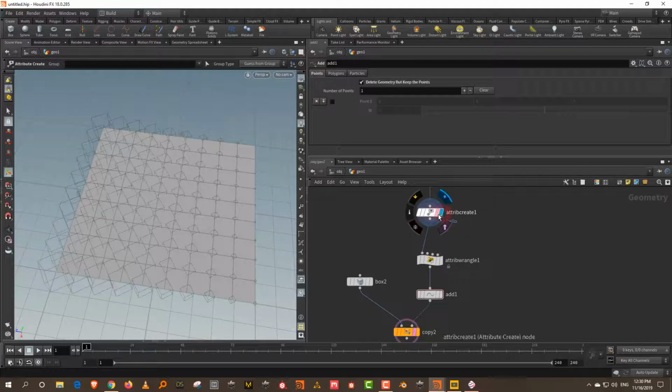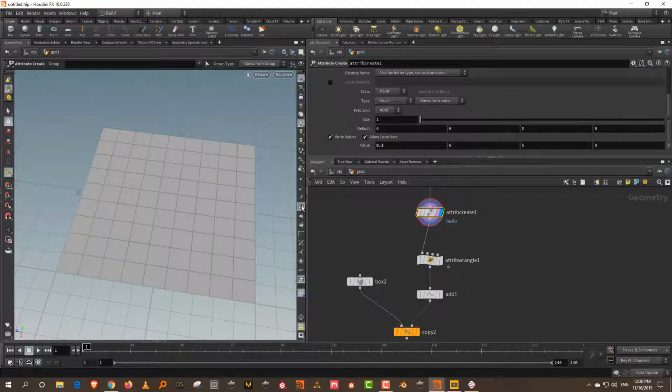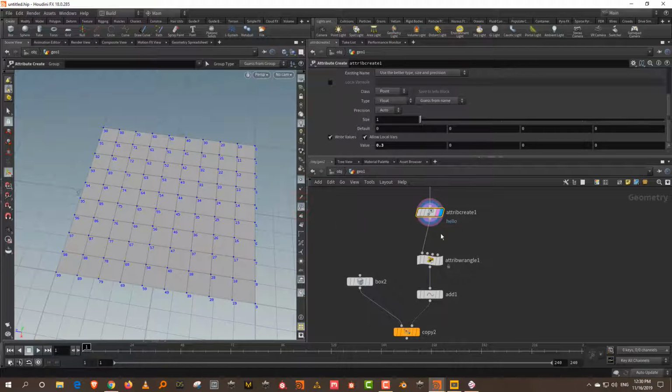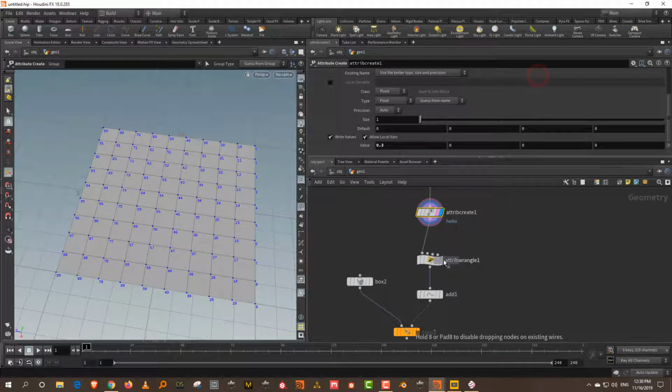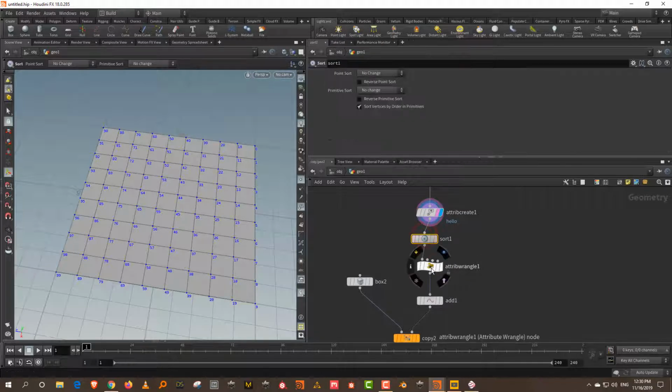What a sort node does is it allows you to essentially change the point numbers. You might not think that's very useful, but when you start using point numbers to affect scaling, it suddenly becomes very useful. So if I take a sort node and drop it in before my attribute wrangle, because this is where I'm accessing point numbers.